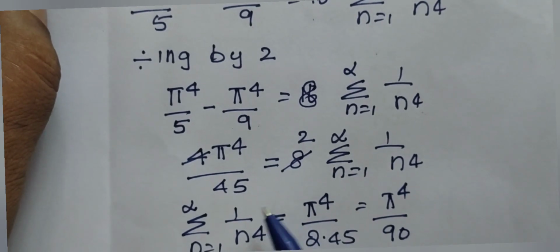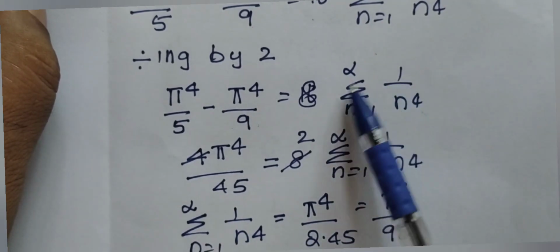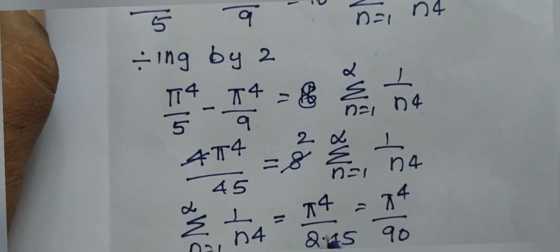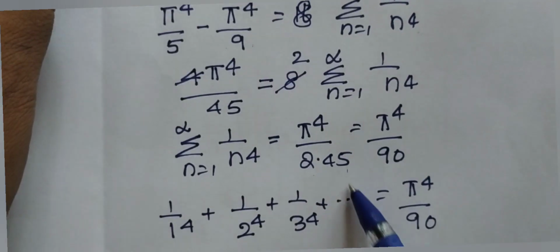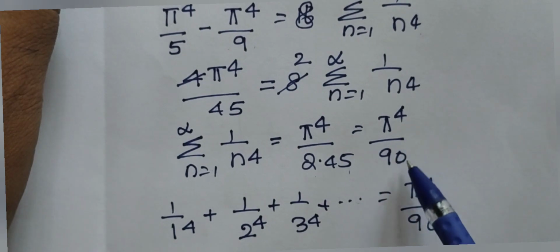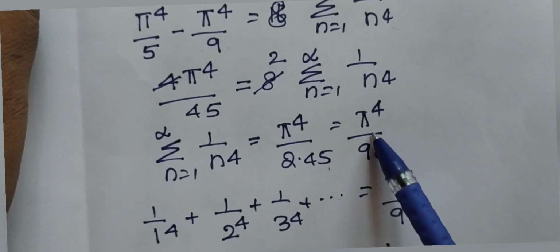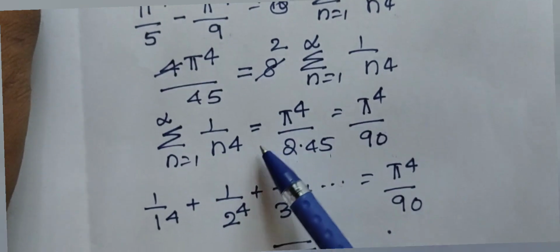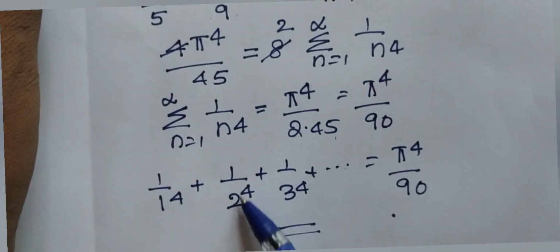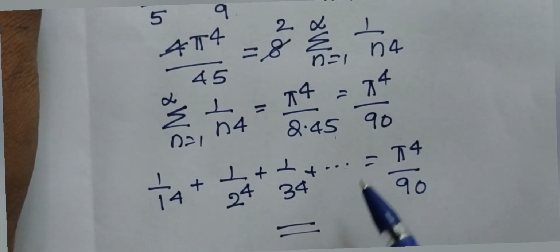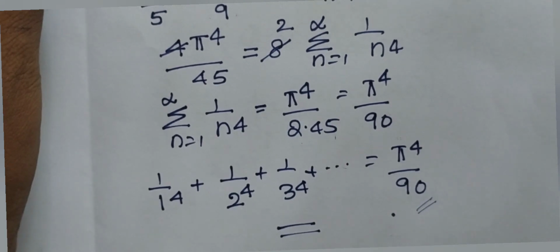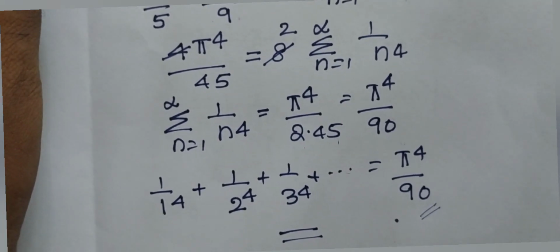Simplifying, you get summation n is equal to 1 to infinity 1 by n raised to 4 equal to pi raised to 4 by 2 into 45, that value is equal to pi raised to 4 by 90. So here we get n raised to 4. So put n is equal to 1, we get 1 raised to 4. N is equal to 2, we get 2 raised to 4, etcetera. So that value is equal to pi raised to 4 by 90. This is our required answer. Now let us